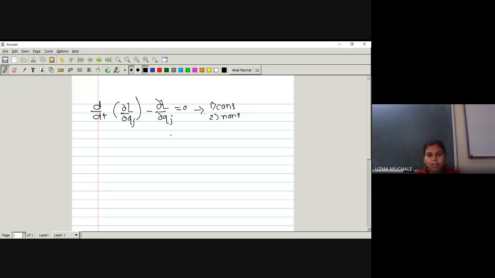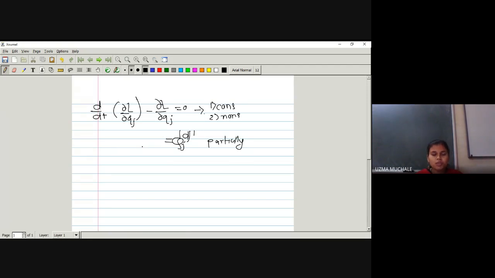What will happen in case of a partially conservative system? In that case, we have obtained a different type of equation. What was the difference? Simply, the equation was the same, but instead of having a 0 on the RHS, there was a different term, Qj d dash. What is the meaning of partially conservative? That means it consists of both things, conservative as well as non-conservative.